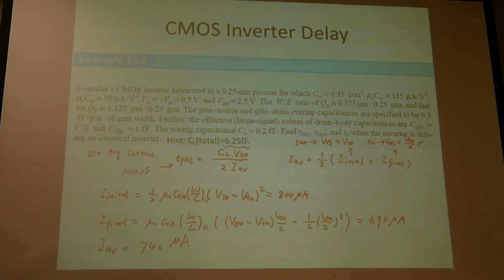So then you can plug in this I average to this equation with this CL 6.25 femtofarad, VDD 2.5 volts. So you will get eventually the TPHL will be